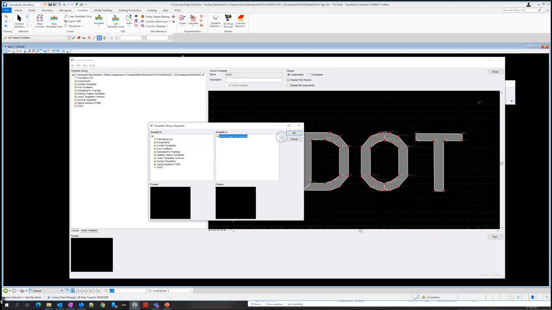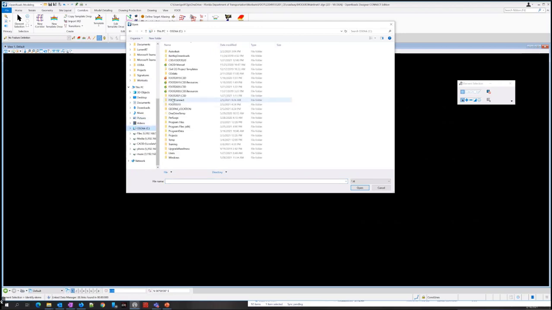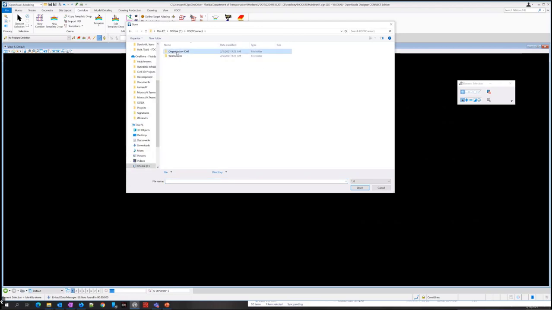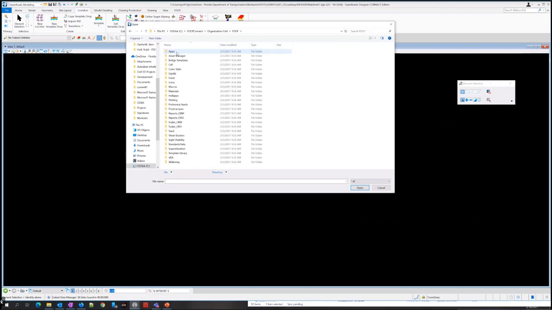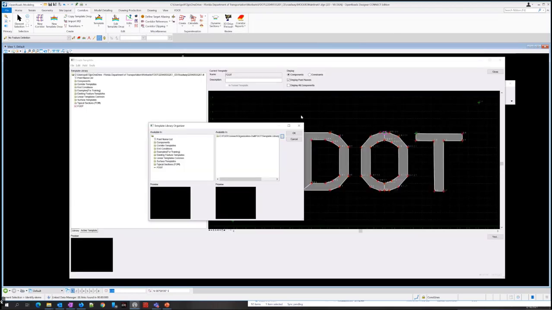So you go to these three dots over here beside the second column. And then we're going to look for the civil f.ord ITL. This is again going to be in the C f.connect folder, wherever your f.connect installation is located. So f.connect, organization civil, f.template library. And we're on step 3 right now of this exercise, 1.4. This is page 1-8. The civil f.ord ITL is what you want to select, and then just click open.